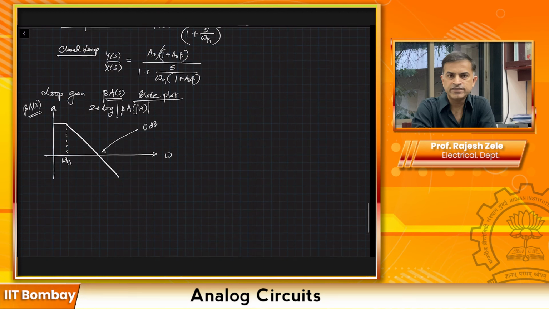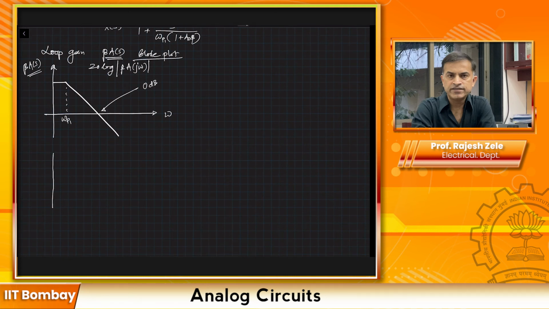And if you remember in the Bode plots, we also know how to plot the phase. Phase we will start with 0. At omega P1 this should be minus 45, and this is minus 90 degrees. So this is what the response is going to look like for a single pole system. And then you can draw the line for minus 180 degrees, which is right here. And what we are saying is, if you look at the unity gain frequency, which is over here for the loop gain,